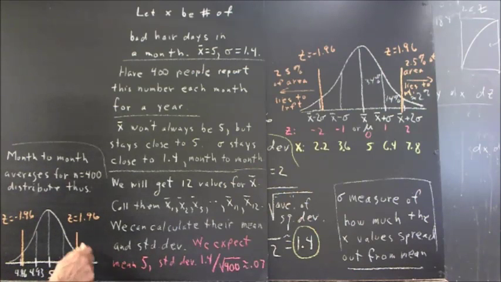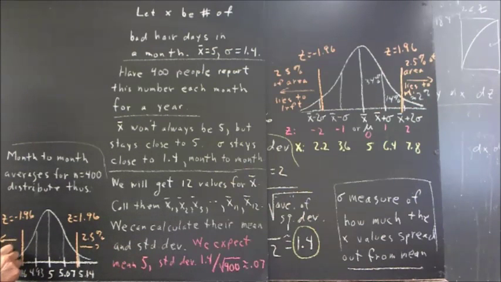And as we've seen, you got 2.5% of the area to the right, 2.5% of the area to the left, and in between we have the remaining